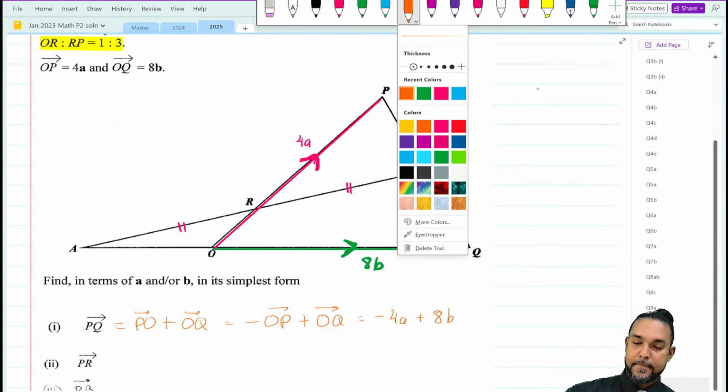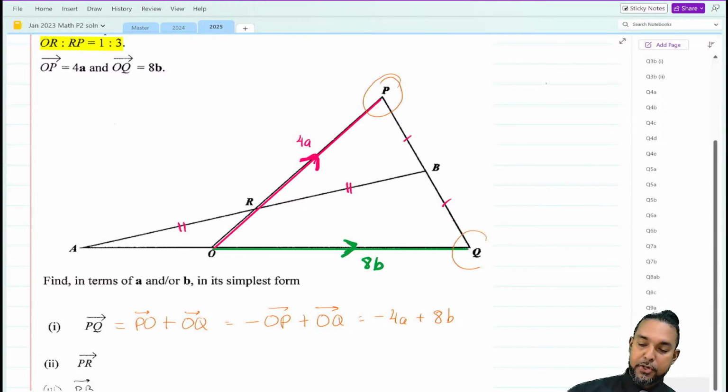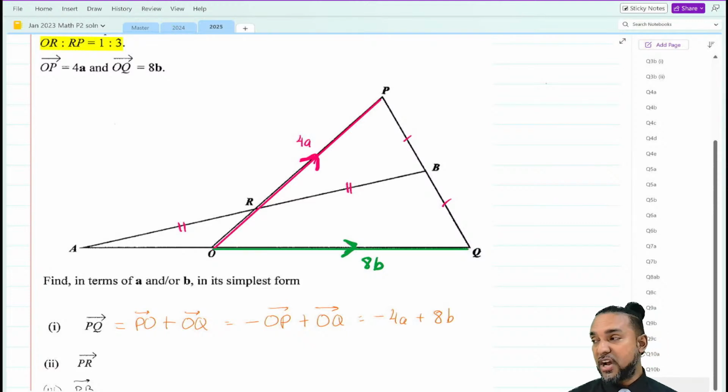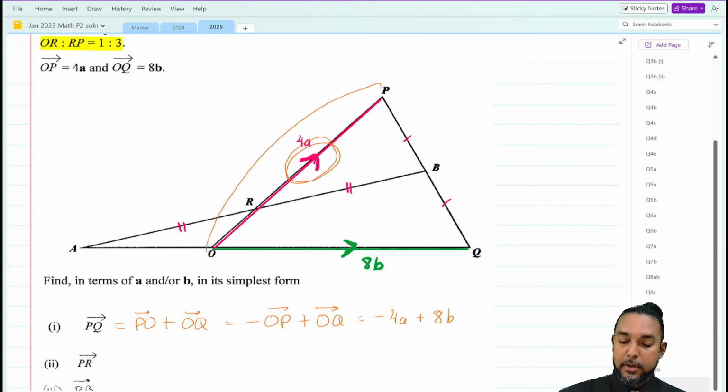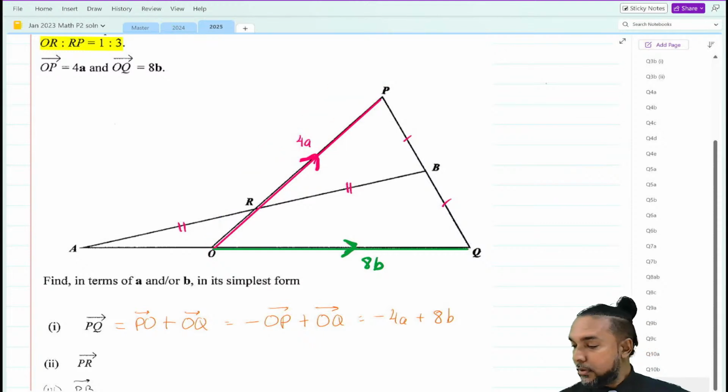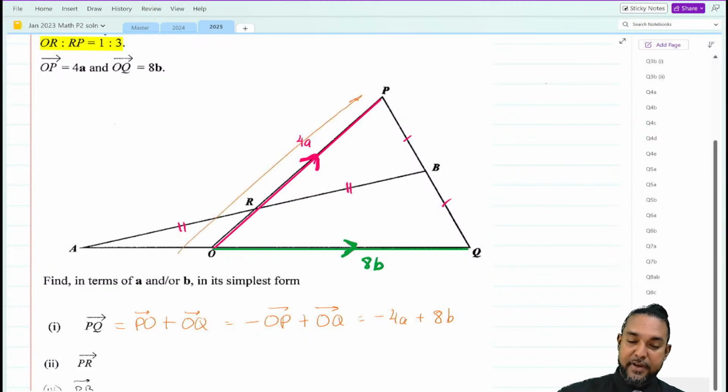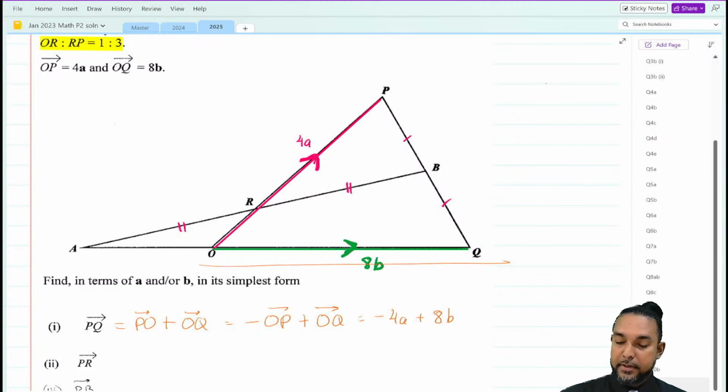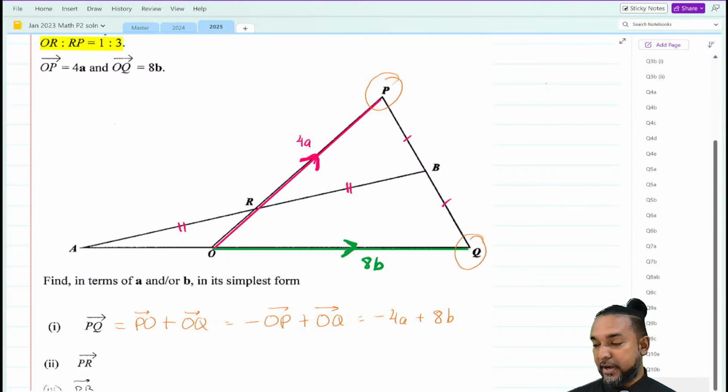To go from P to Q, we can only travel along the lines for which we have vectors, which are the pink line and the green line. The pink line is OP, and as you can see, the arrow is going up from O to P. So that's the direction of that vector. And we have OQ going this way, again indicated by the arrow here. Now we want to go from P to Q, and we can only travel along the lines for which we have vectors. So if you follow just the points, the easiest way to travel,